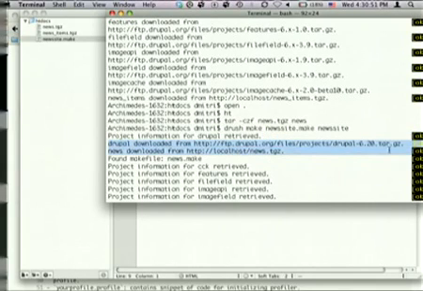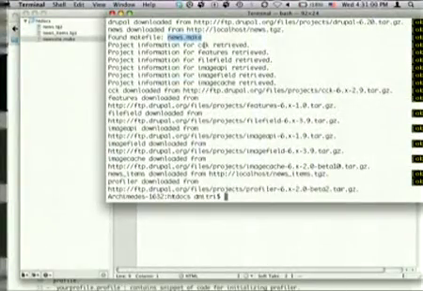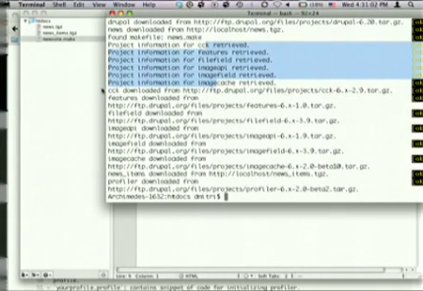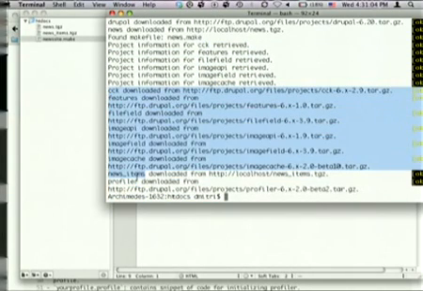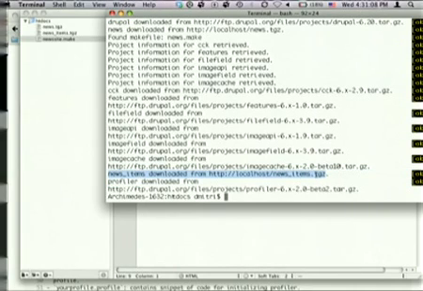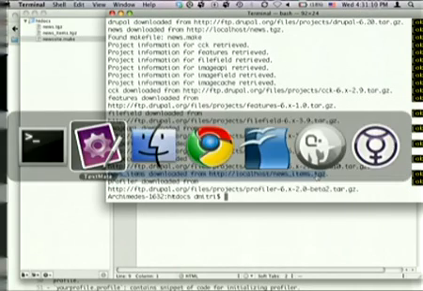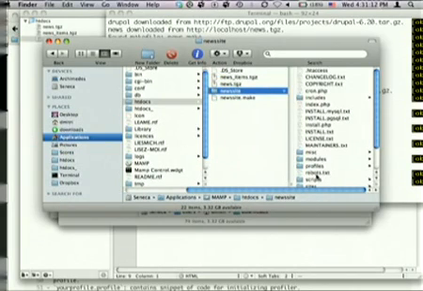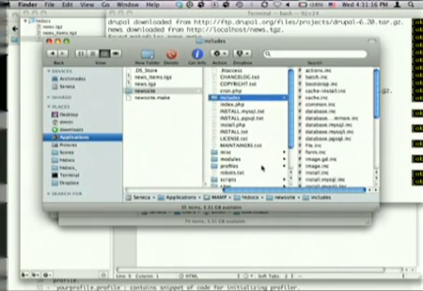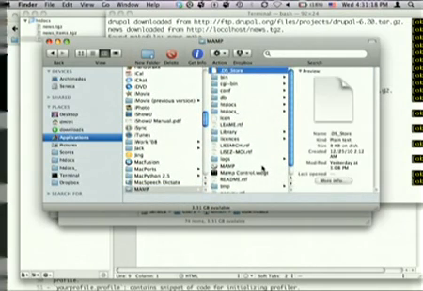Then it downloaded this news profile, and then remember in the news profile we created a file called news.make, and it found that news.make file, and then it saw, okay, I need these other things, so it downloaded CCK, features, etc., down to the news items feature that we created, and so now our profile or our distribution. So this is what I would call a distribution, and so what that means is that there are no